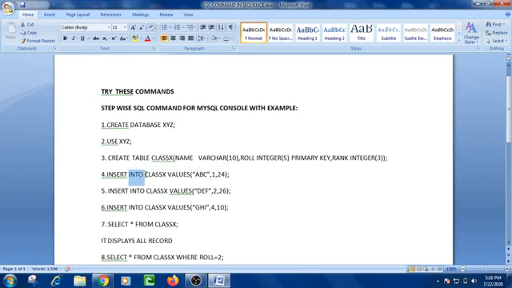Insert into class10 means this command is written to enter the first record for the class10, and after class10 we have to write this keyword, that is values.